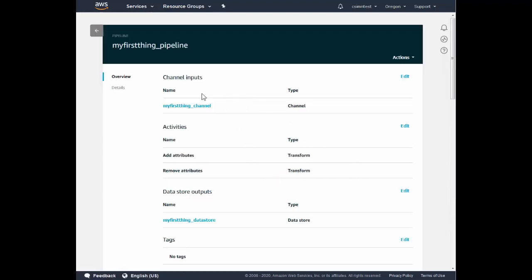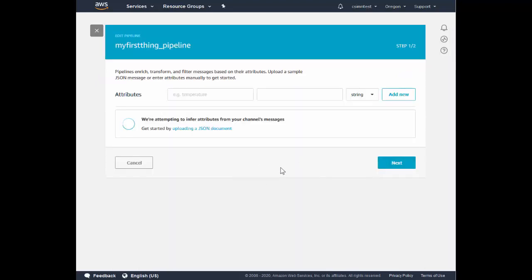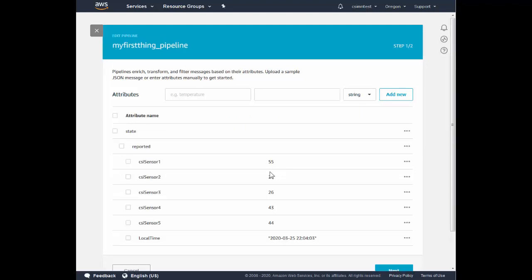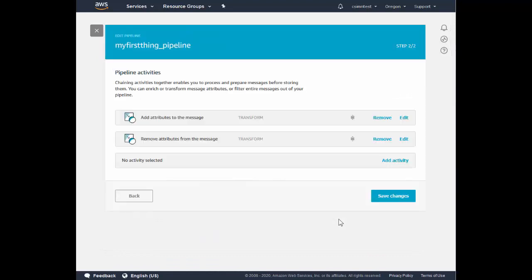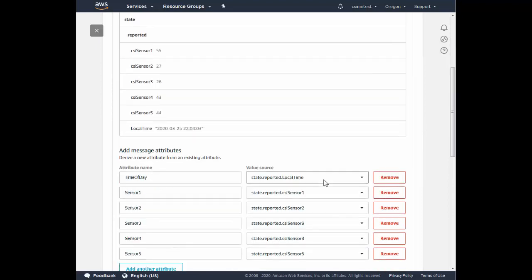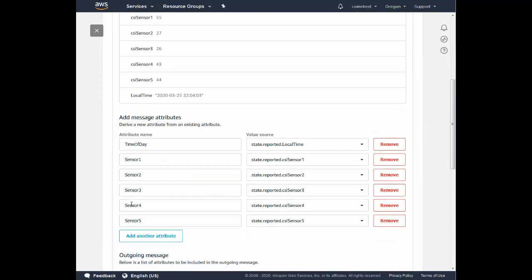And the input is the channel, the output is the data store, and in between we have some activities. And in my case, I'm adding attributes and removing attributes. And the reason I'm doing that is to remove all of the JSON overhead from the database. So I start by adding attributes, and to do that I simply come down here and hit add another attribute,